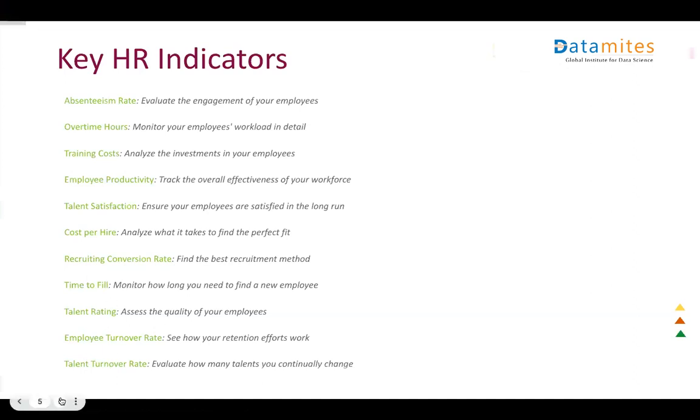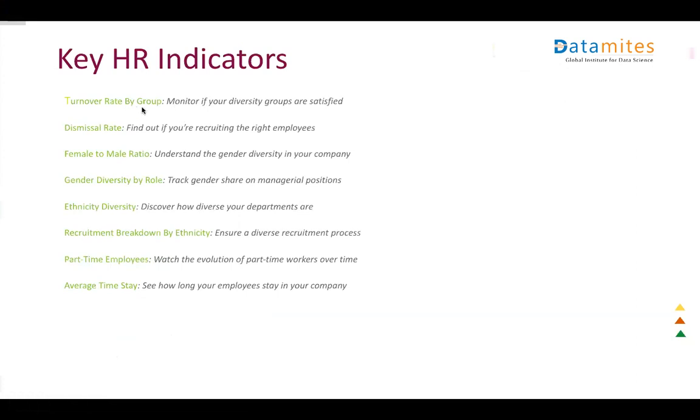Okay. Apart from that, we have turnover rate by group, monitor if your diversity groups are satisfied, dismissal rate, female to male ratio, gender diversity by role, ethnicity, recruitment, part-time employees, average time stay, right? So these are the major problems on which we can apply machine learning algorithms, and we can solve the problems